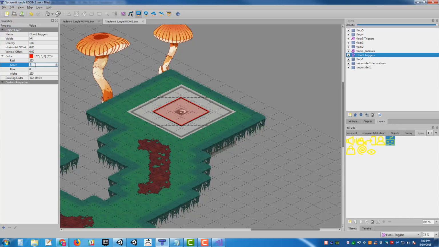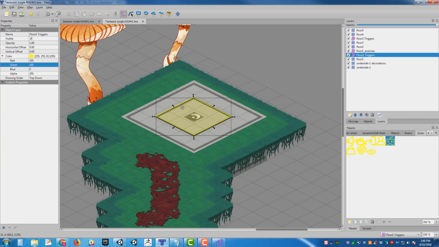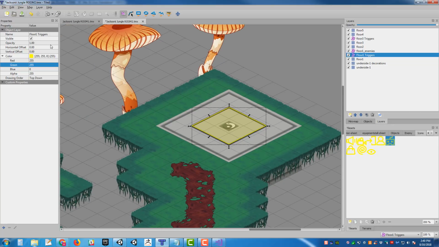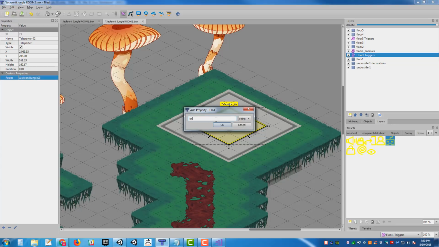I wish I could have default color sets, but why complain about the world's most convenient tool? Teleporter, add room, Jacksoni Jungle 3, target,